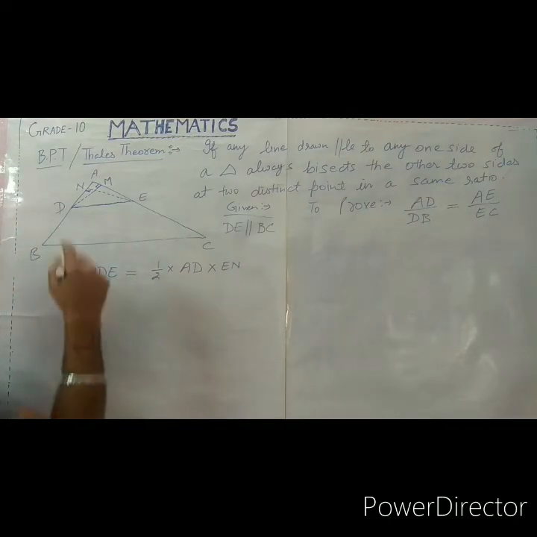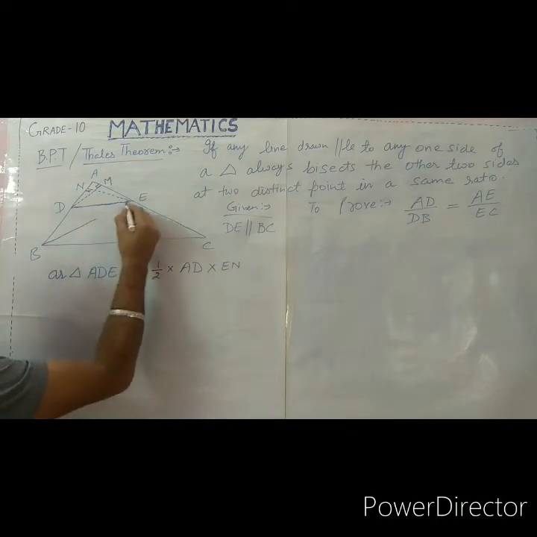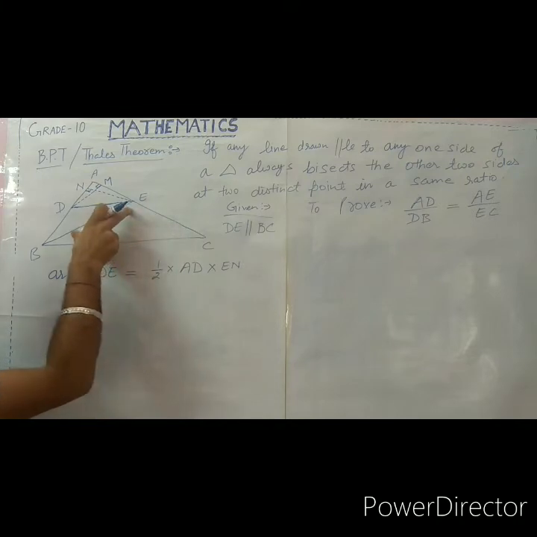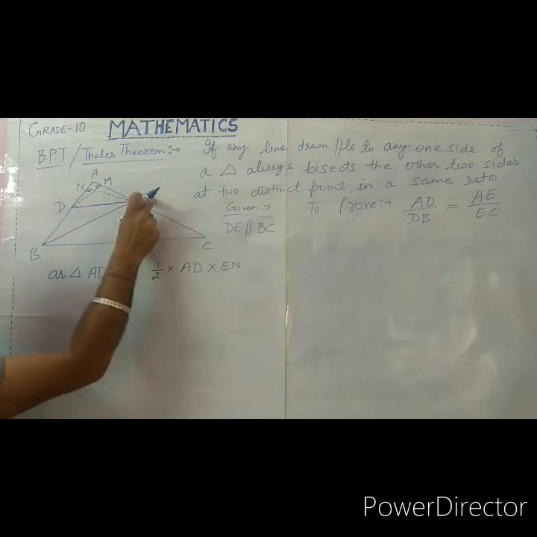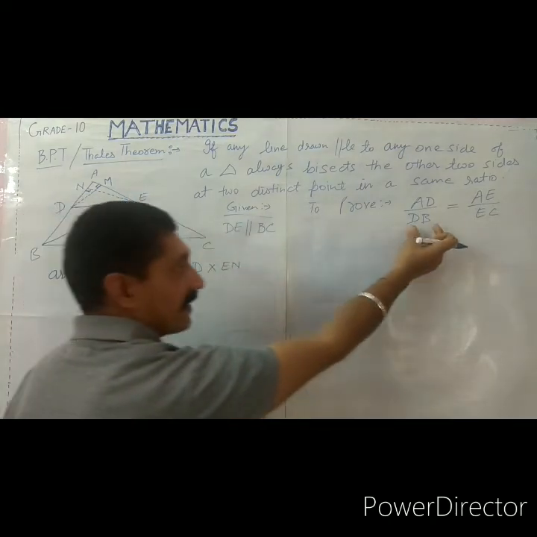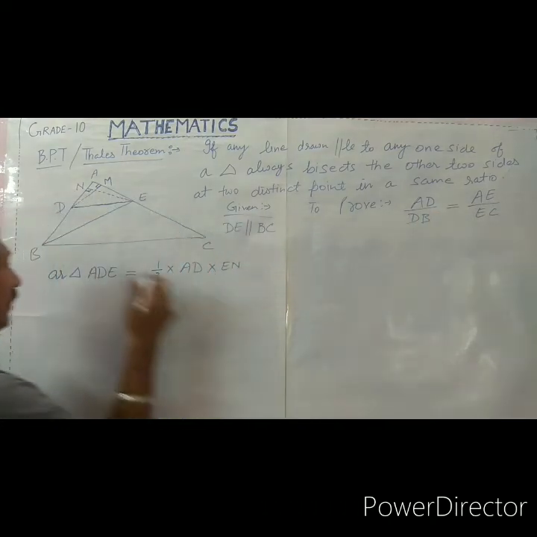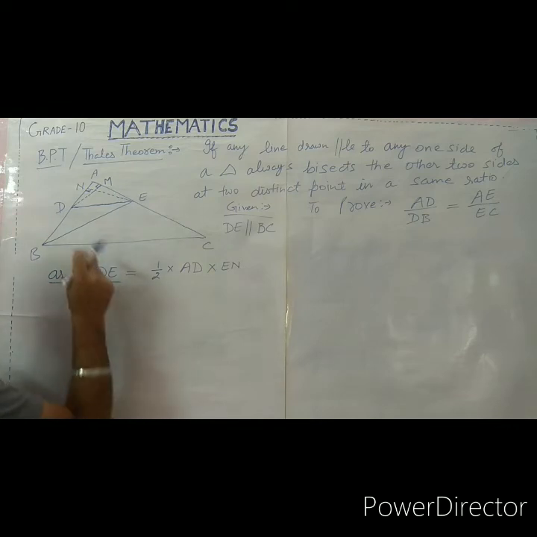Similarly, we will join B with E. Why am I joining the points B with E? Because here I want to take the triangle BDE. From this triangle I will take the side DB. So here divided by